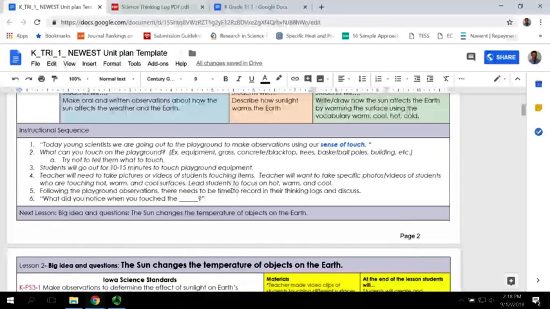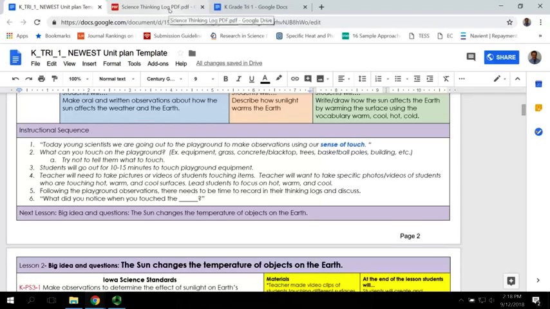So you're going to actually go outside for this, so a couple of things are going to have to be in place. You might have to look at the weather and determine which day you'll want to go out, because obviously you won't want to go out on a cloudy day or a day when it's raining. You definitely want to go out on a day where it's sunny. And you're going to have them go out with their